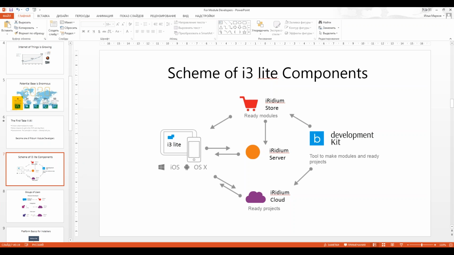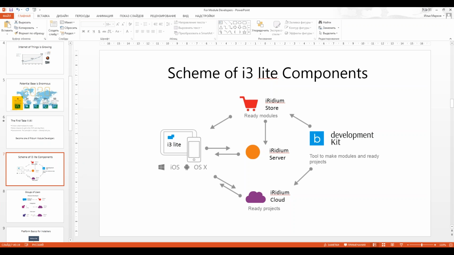Yes. Okay. So now let's speak about the technical side of module developing. First of all, the scheme of iRidium components. We have a developer kit, and the developer kit consists of two parts.